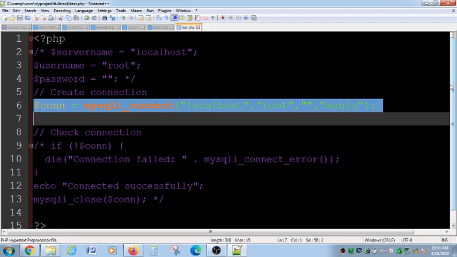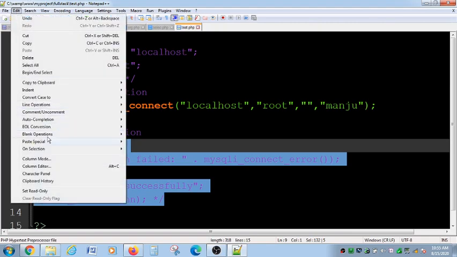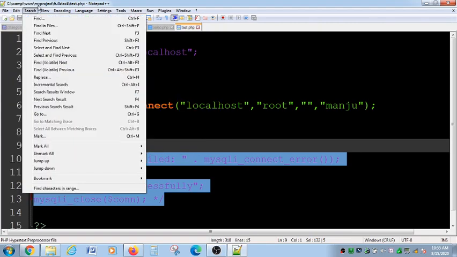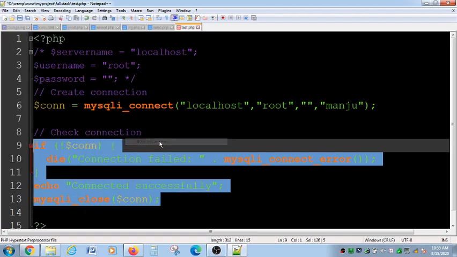But I want a suitable message for my error or for my successful connection. For that procedure, I will uncomment the commented lines which I have used, block uncomment.